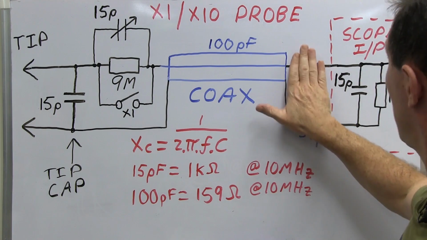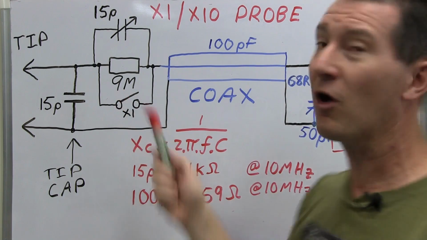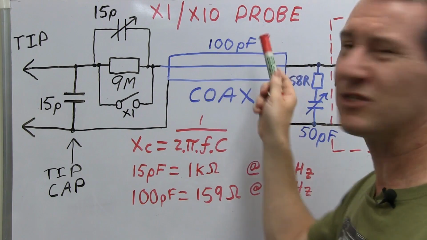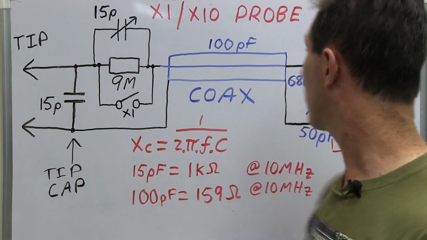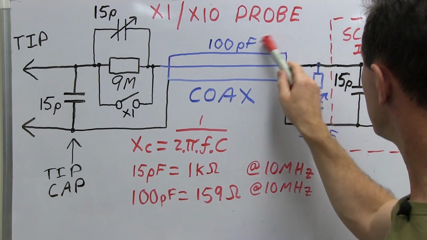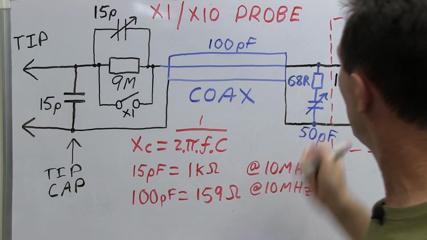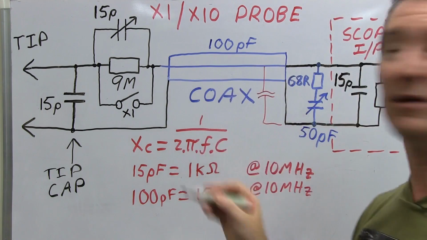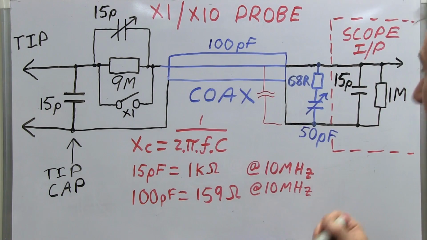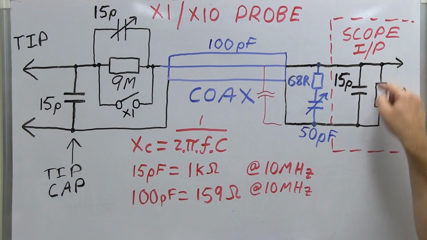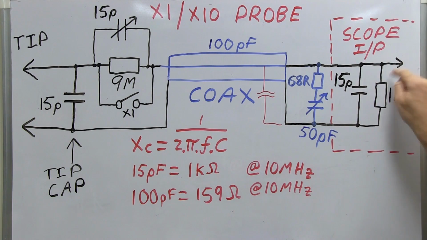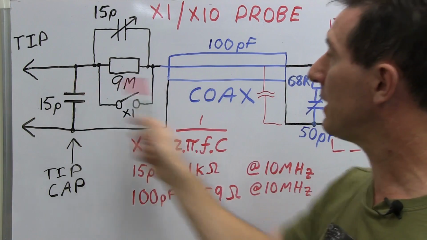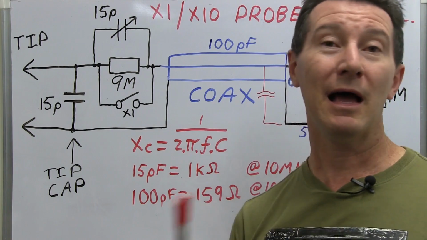And of course, if you don't have that network there, you've got nothing. So all you've got is your tip capacitance. You've got the capacitance of your coax, which let's just say is 100 picofarads for a meter. For argument's sake, it's going to vary depending on the type, but let's just say it's 100 picofarads, and once again that will be equivalent to another capacitor in there like that, distributed, whatever, the capacitance of the coax, and the capacitance of your scope input and your 1 meg input resistor. So you would think that, okay, you've got all this capacitance on here and it's going to have an impedance